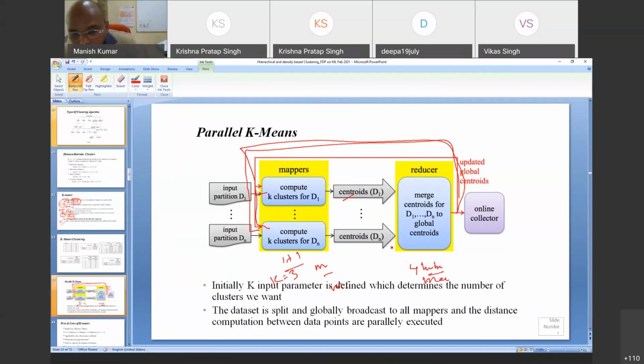So what is actually happening here is that in each iteration, I'm merging all the centroids to have global centroids, and those global centroids are used in each of the mappers. Whenever we converge to the clusters, each of these mappers will have the same sort of uniform mean. So the same means of all the mappers will be merged, and you get the global cluster out of it. That is the way of executing parallel k-means.